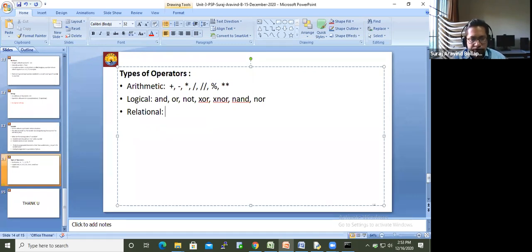Relational operators include less than, greater than, not equal to, less than or equal to, greater than or equal to, all of them. Exclamation is not equal to, comparison.